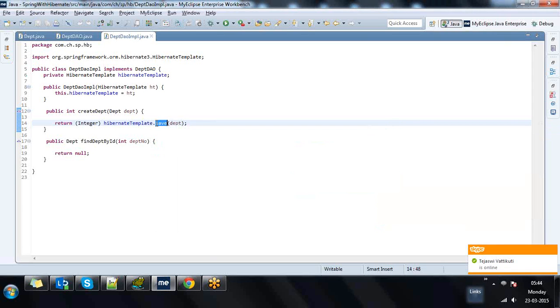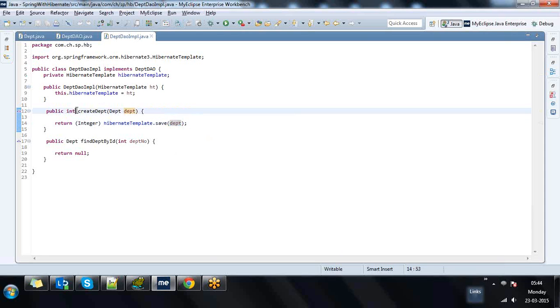Only CRUD operations we are going to see. Basically, if you know the concept, then you can easily get what concepts are required. So I'm going to give the other concepts as assignments for you guys. So I'm doing hibernateTemplate.save, passing a Dept object here. This createDept I'm calling from